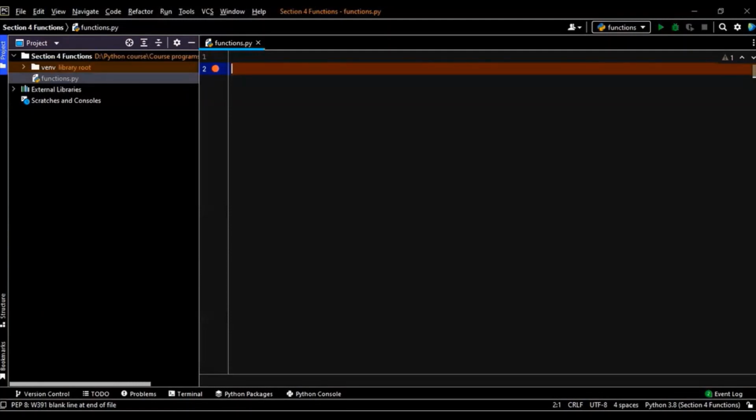Now, let's say we had to do this multiple times in our program. Like let's say every time the user is doing some kind of a calculation or getting some kind of data where he needs to find out which is the greatest number. What will he do? He'll keep on writing the same type of code again and again? Definitely not, right? So this is where we need the functions, and this is where the functions come in handy,